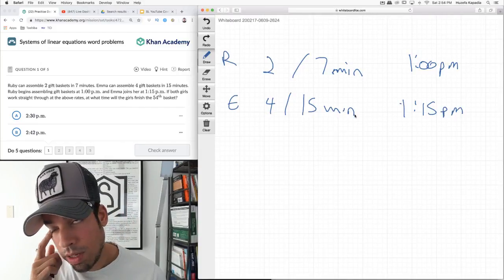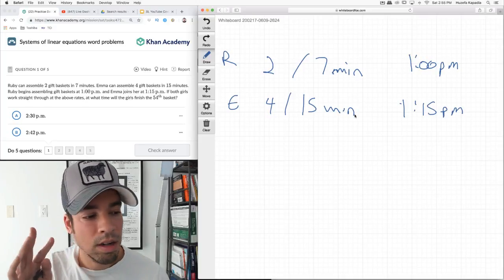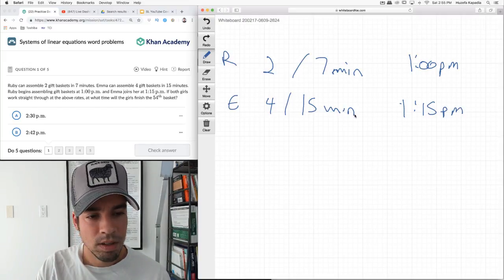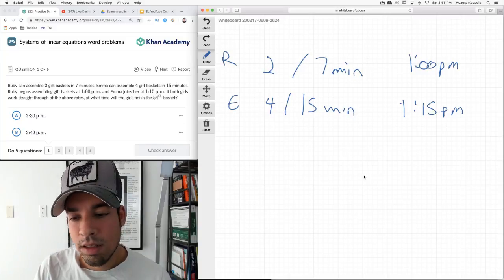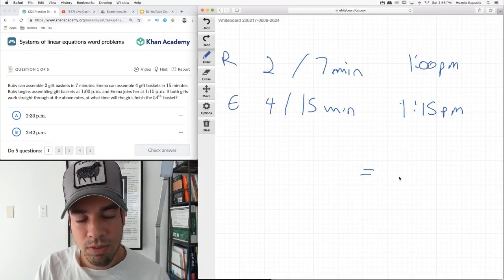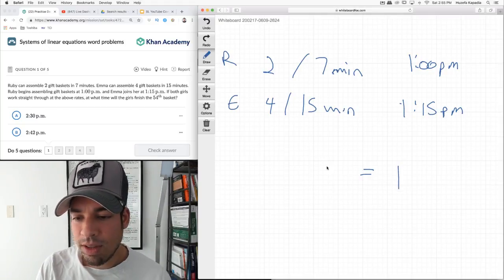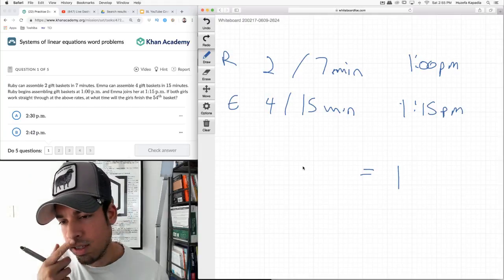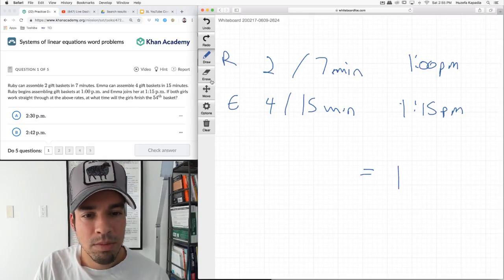So let's see how we can think about this here. I know there's a way to set this up. I think there's a format when you have dual rates, and I'm blanking on how exactly to do it. This is something I just need to review, but there's a specific formula for this. I'm going to try a workaround solution, but it's something where you set everything equal to 1, and it's these rates like... gosh, how does it work? I can't remember. So I'm going to see if I can figure out a workaround here.